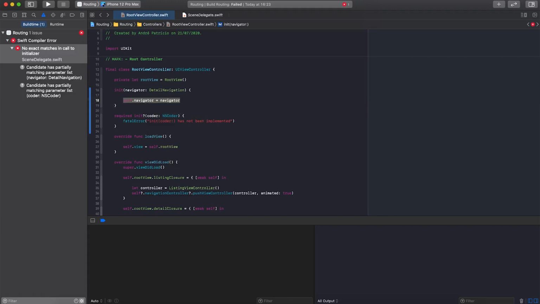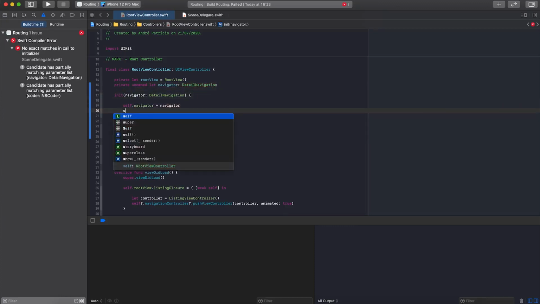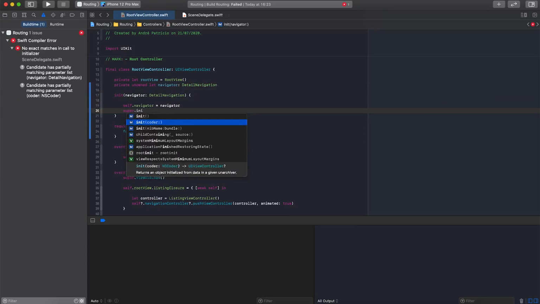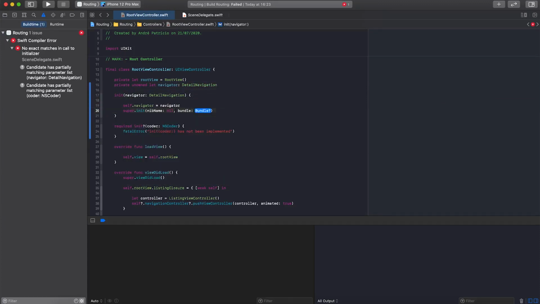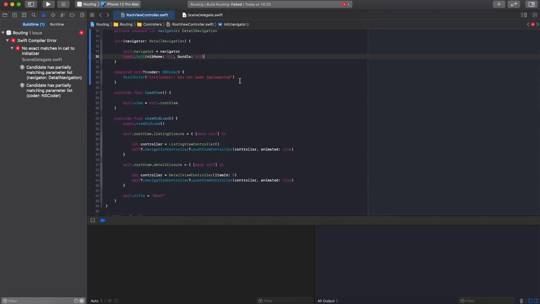Of course, this property does not exist, so let's create it right away. Private unowned let navigator of type DetailNavigation. And let's call the super init for this. Let's use this one. Okay. And now we need to delete the old navigation that uses the navigation controller and replace it with the